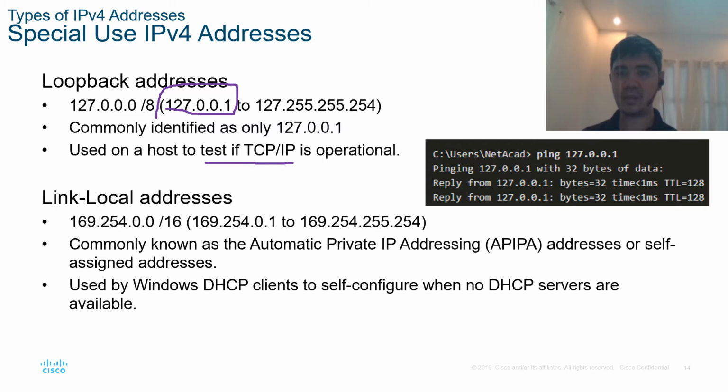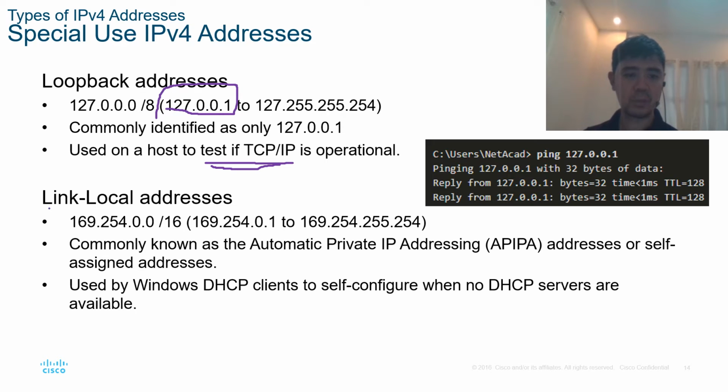This is the IP address used, for example, with the PHP SQL form to the database. It uses the TCP/IP component and the IP address of the localhost. The database is 127.0.0.1. To test if TCP/IP is properly installed, they usually ping this 127.0.0.1. There are embedded systems that install a TCP/IP module. For them to know if the TCP/IP module is properly installed, they ping this